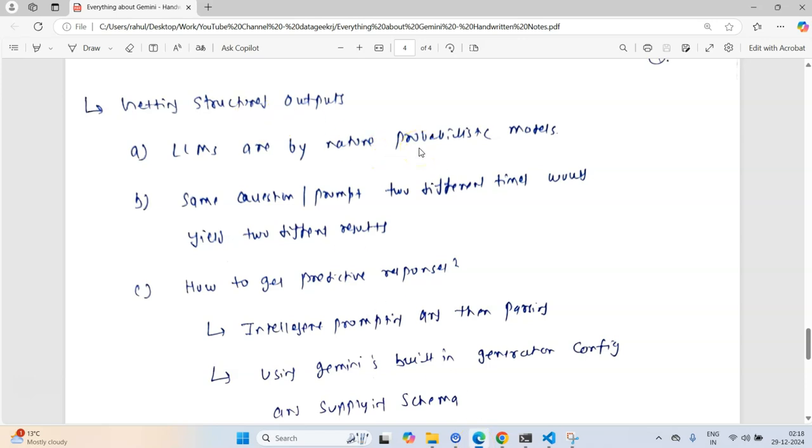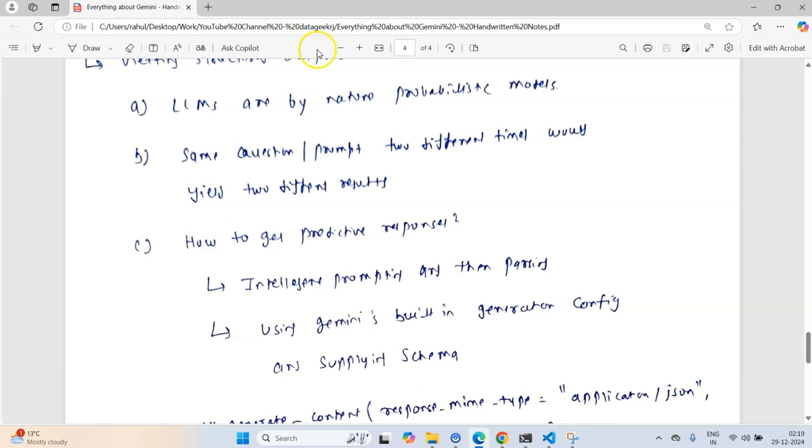In every run, in every request, Gemini is going to respond with a different response text. So this is not useful for, let's say, a big organization that wants to integrate this kind of Gemini capability into their existing products and wants to get a structured output from Gemini. They want to take the knowledge of LLMs, but they want some sort of predictability in the way the responses come.